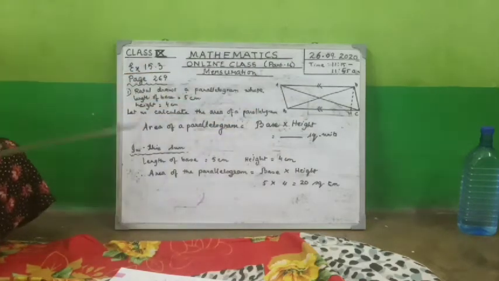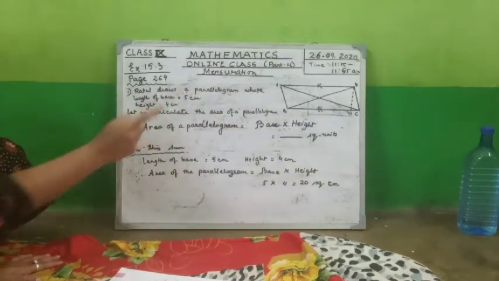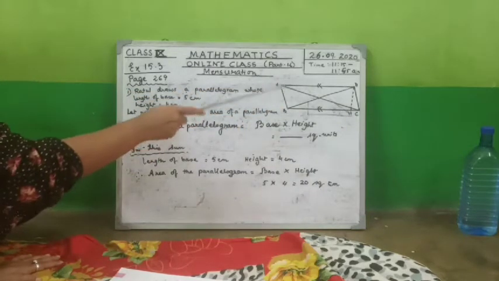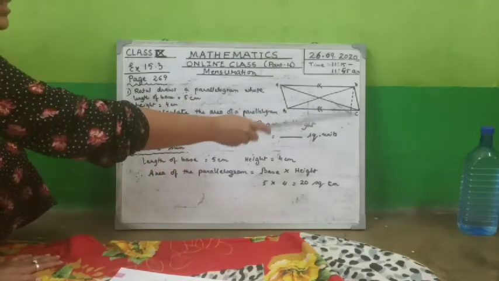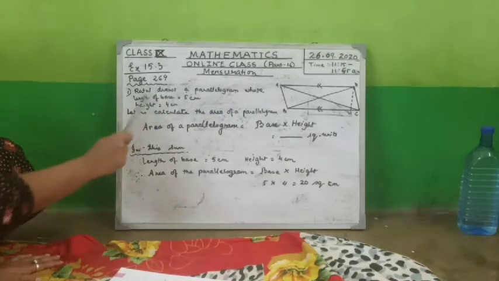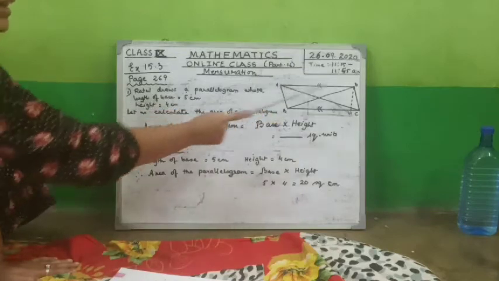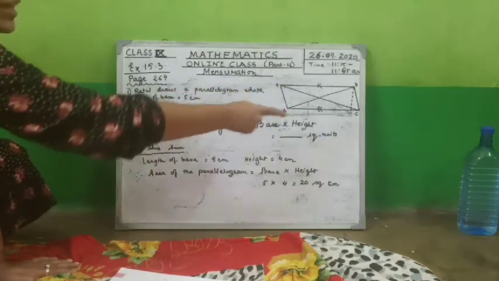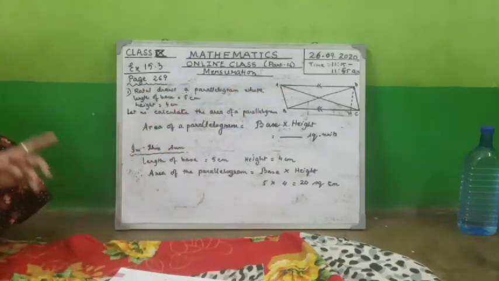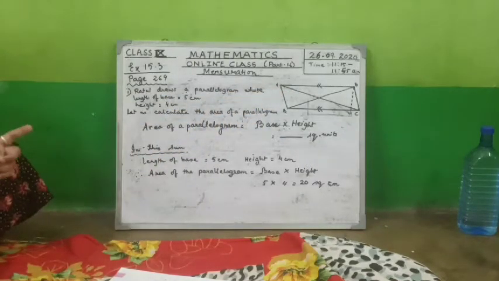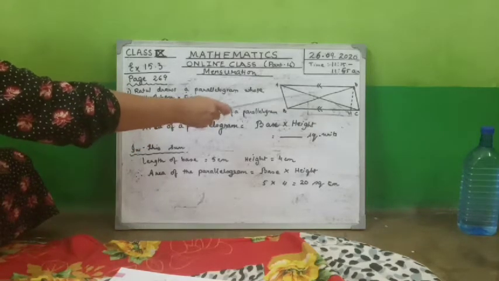And you also remember that two triangles are formed in this parallelogram. What are these two triangles? Triangle ABC and triangle BDC. Two triangles, and the areas of these two triangles are always equal. You see, ABC and ACD. These two triangles have been formed over here, and again these two triangles have been formed. So the area of the parallelogram is equal to the area of these two triangles also.